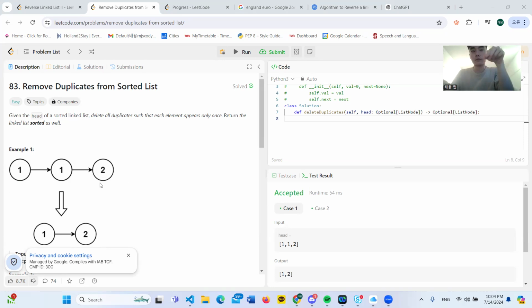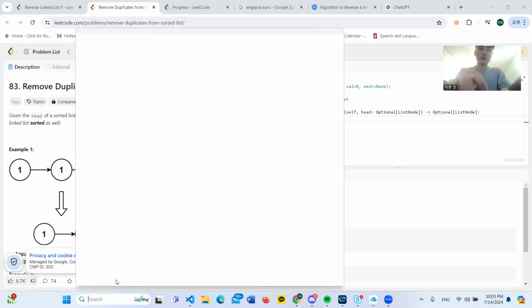And check if it has the same value as the current node. So if we visualize this,